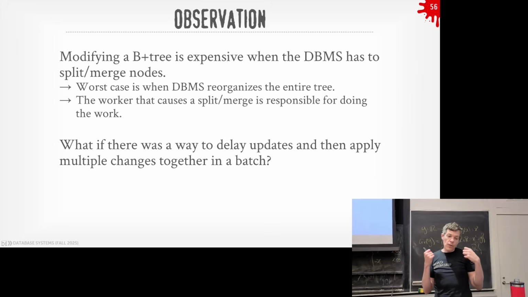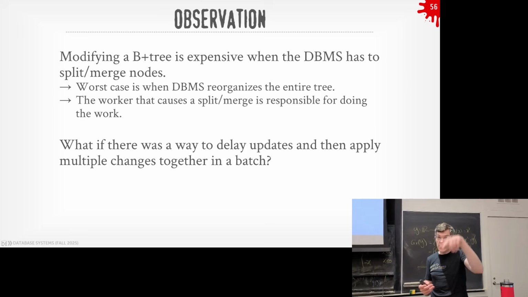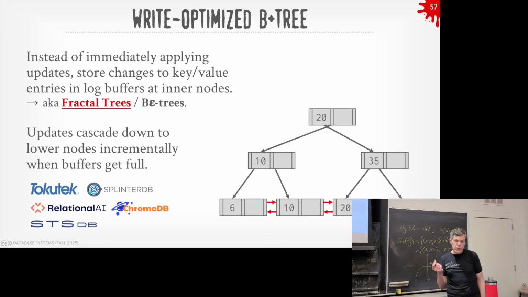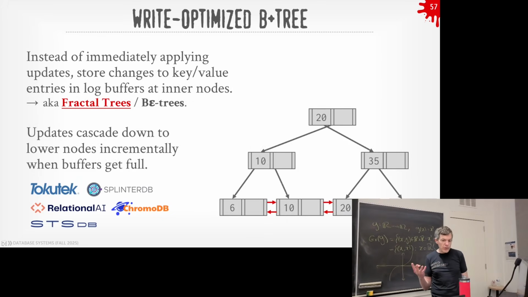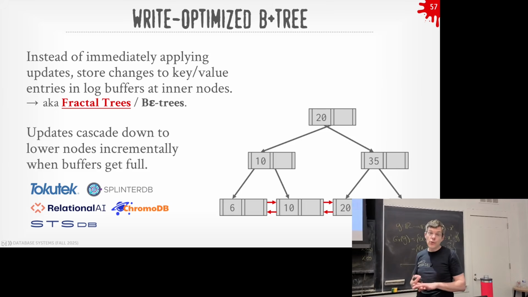So ideally, it'd be kind of nice if we can delay having to do these splits and merges, to accumulate a bunch of them and then do them in a batch rather than having to treat them as single inserts and updates one at a time. So this is what's called a write optimized tree. I think Wikipedia calls them fractal trees. That was sort of like the brand name, right? Like Kleenex is the brand name of face tissue, right? So fractal tree is the brand name. The generic name is also called a B epsilon tree.